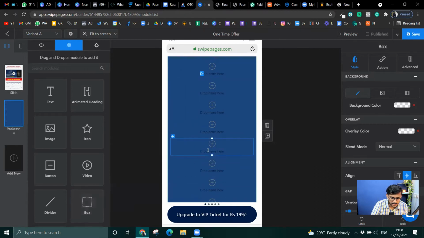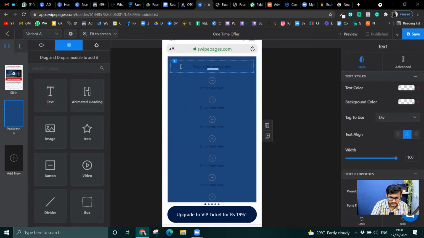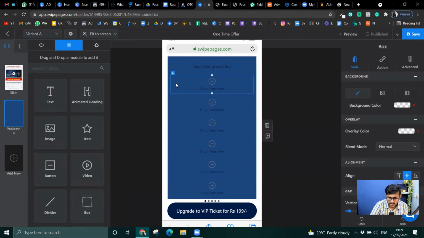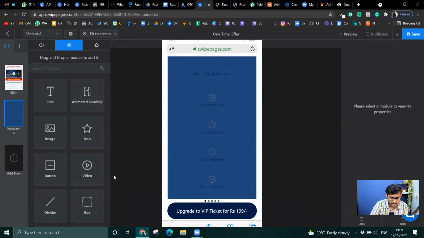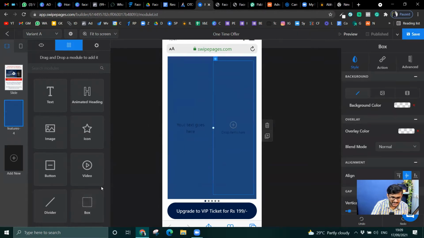Let me just keep adding it. Okay, let me first put up the text and now try to add a box somewhere on the sides. It's not allowing me. That's weird. Okay, now let's try to add a box on the side. Okay, that's fine. You guys are getting tired already. How would you survive later? Two. Okay.